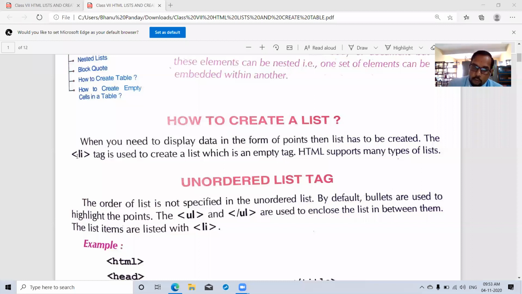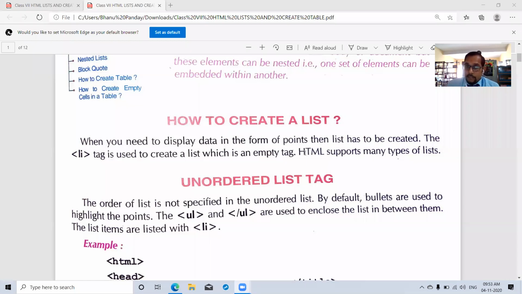Means here only open tag is given, closed tag is missing. According to this definition, we say that li is an empty tag. Empty means opening का closing missing है. Clear? तो but if you write opening and closing, then it cannot generate error. Error नहीं आ सकती यहाँ पर, आप लगा भी दोगे तो.